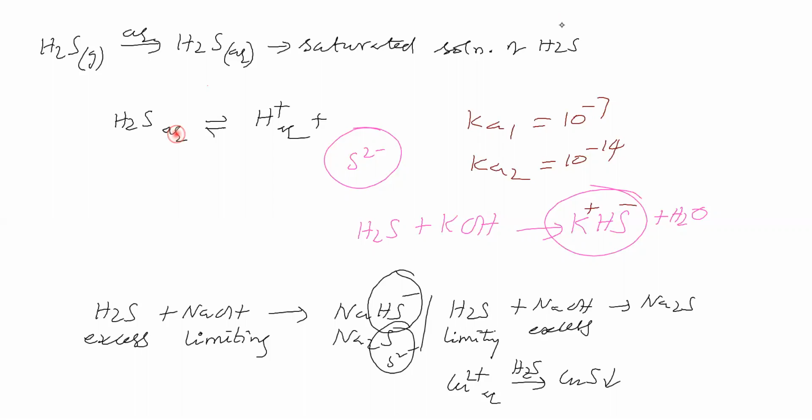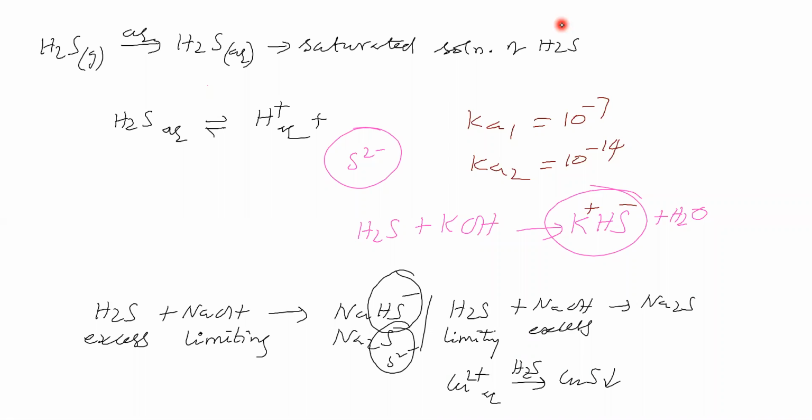So now say, H2S is giving anion. Should the anion be both bisulfide and sulfide, or only bisulfide, or only sulfide? What do you say? In this saturated solution of H2S, the anion is present, there is no doubt, because the cation is there. The cation H plus is there. How do we know the cation H plus is there? Because this saturated solution of H2S turns blue litmus red.